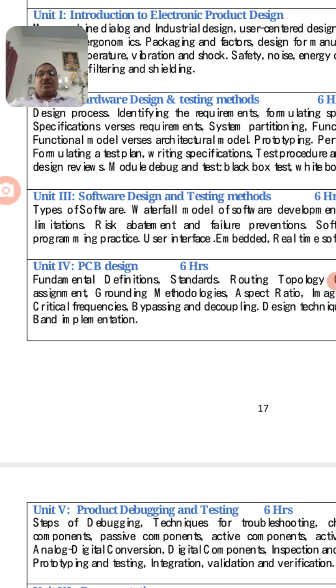These are related to the third unit, that is software design and testing methods.